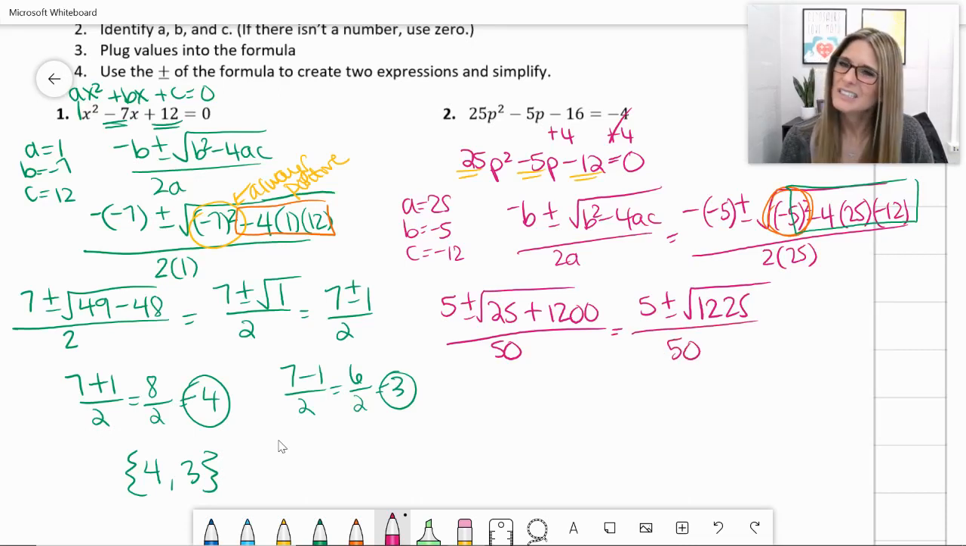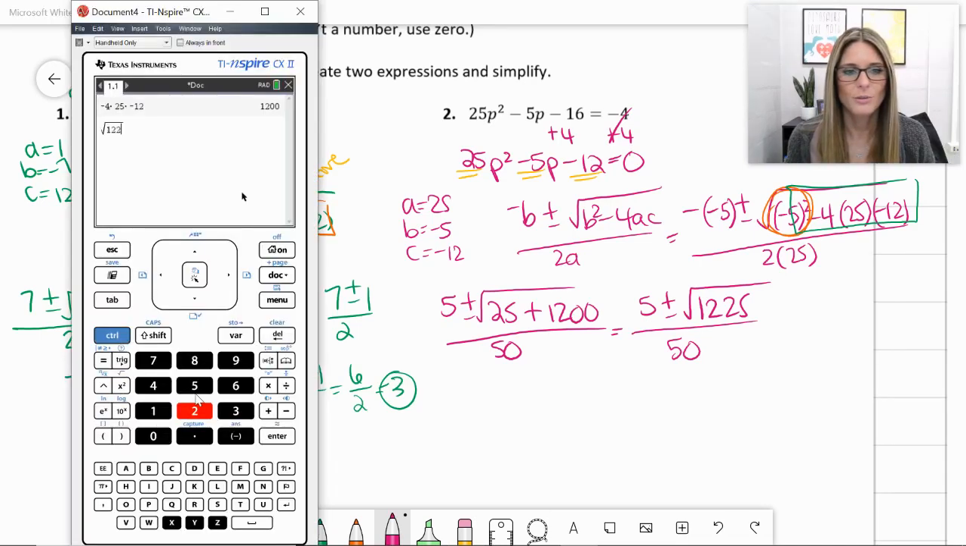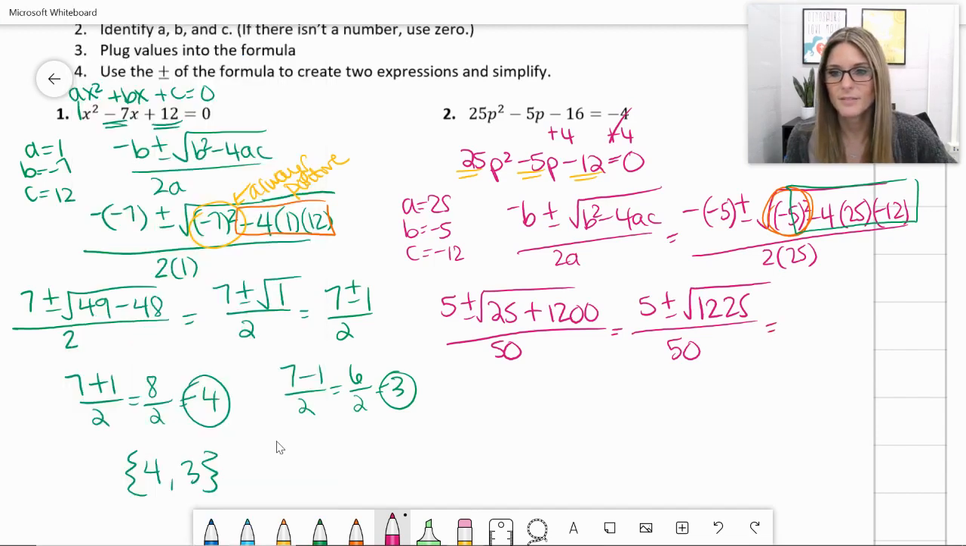Okay, square root of 1225. We didn't list that one at the top, so let's grab the calculator and see if it's a perfect square. Square root of 1225 is 35. So on Delta Math, you're going to maybe see some square roots that are really big. Check them out, see if they're perfect squares. So we have 5 plus or minus, I just evaluated the entire square root of 1225 was 35 over